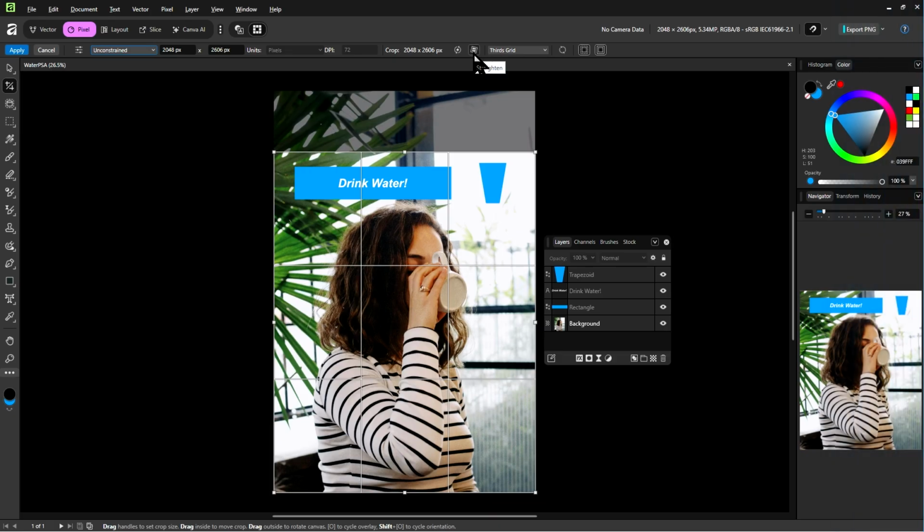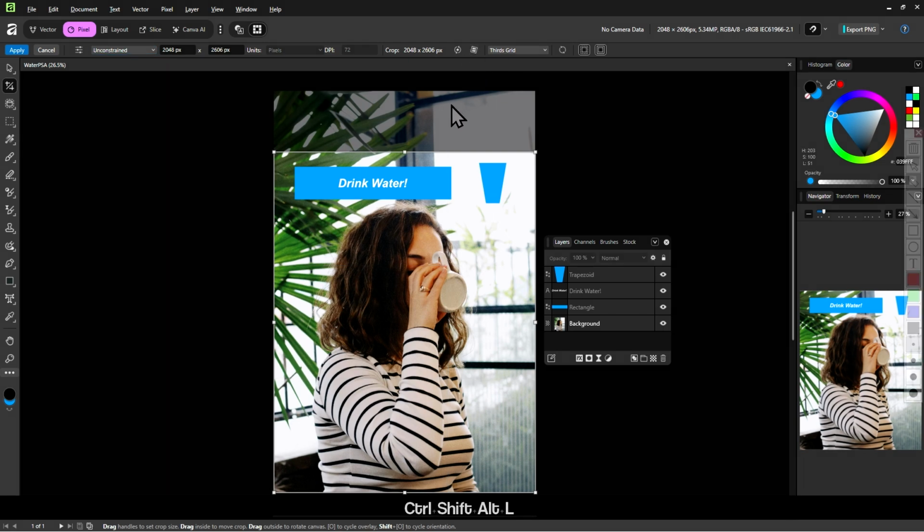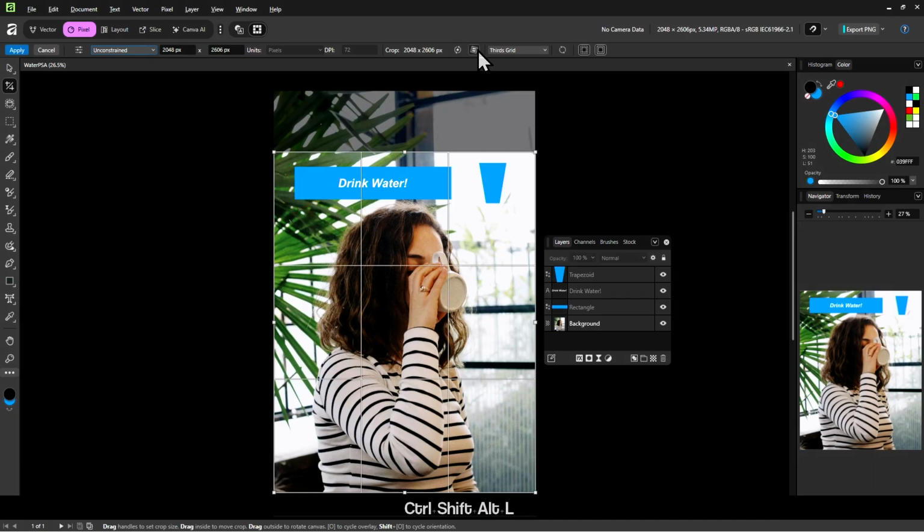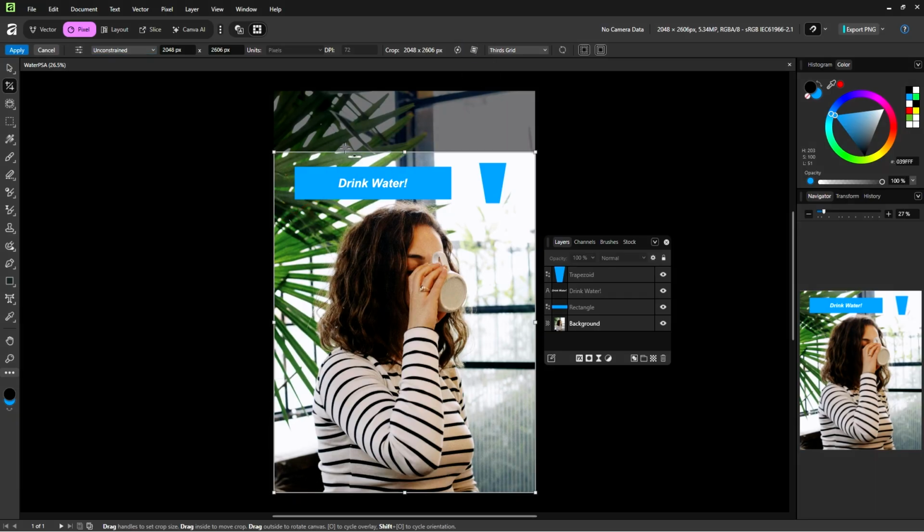Now, there is one more button in here, straighten, and this basically straightens out anything in the crop. So for example, pay attention to this sleeve here. It's blocked by the rectangle, but you can probably see it, but it's facing diagonally like this. Using this button, however, we can click on it and draw a line, and it will straighten out that leaf.